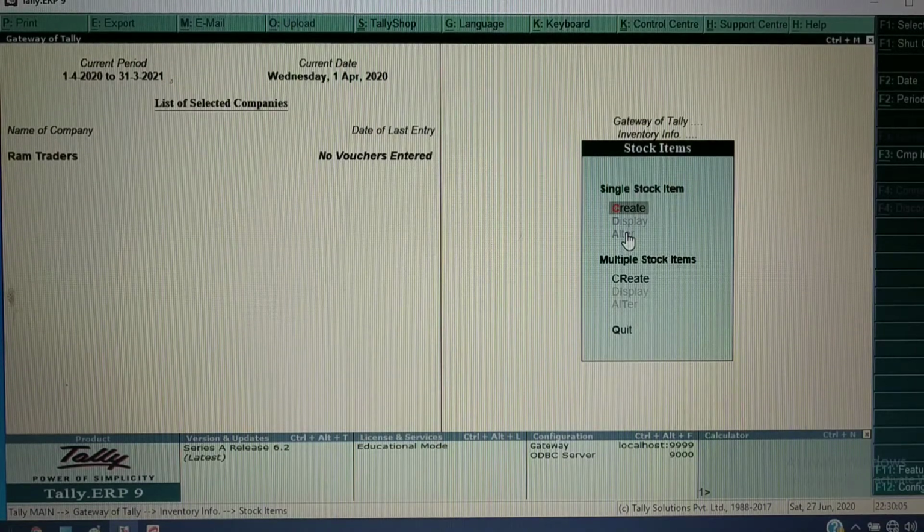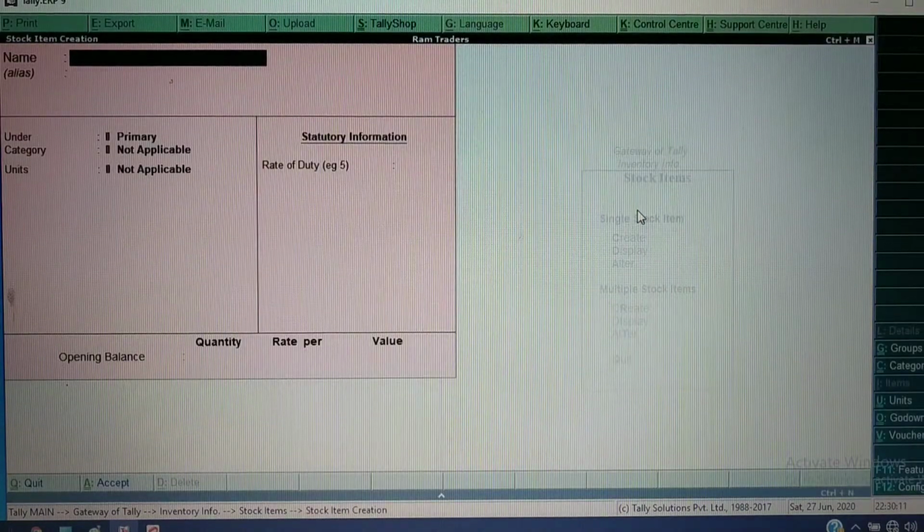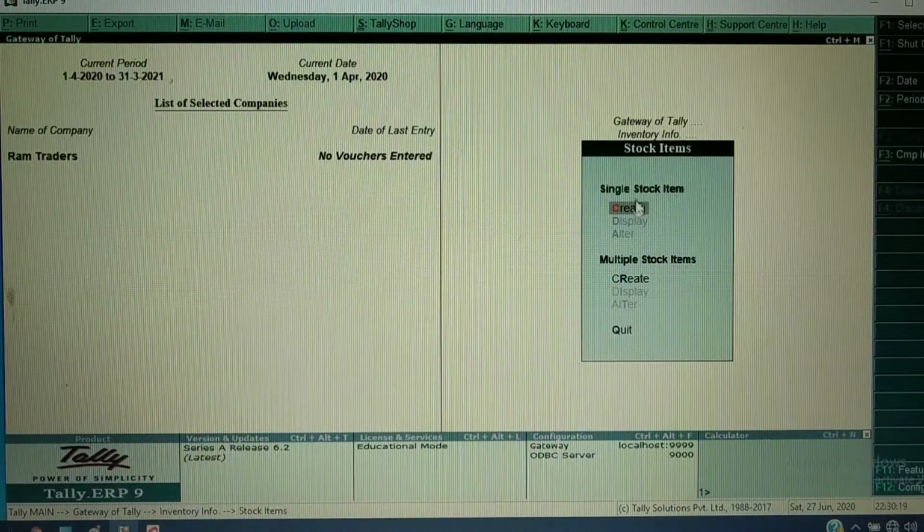If you want to create stock items under single stock item, we can use this create option. It means you can create one specific stock item at a time. If you want to create multiple stock items, then you can use the create option under multiple stock item.